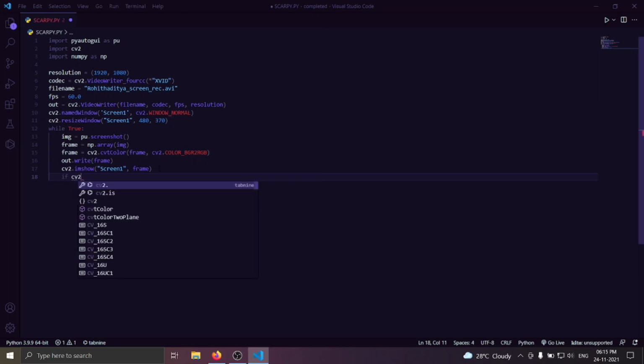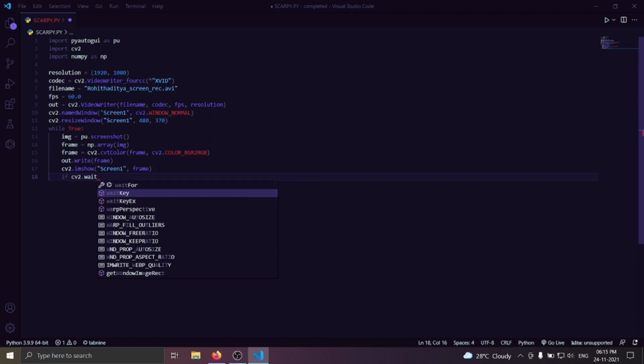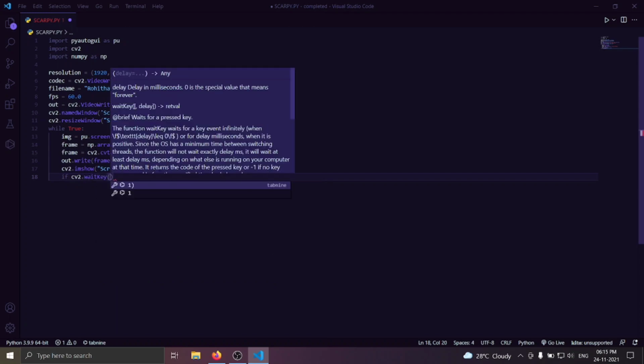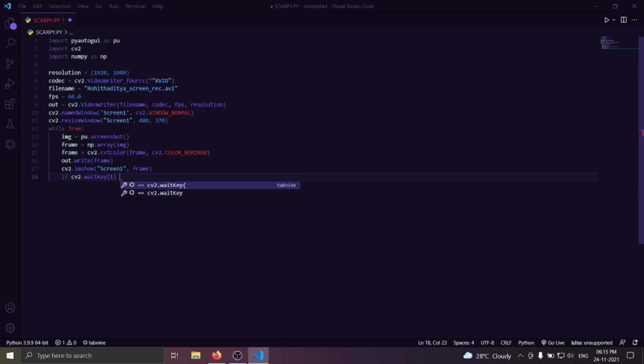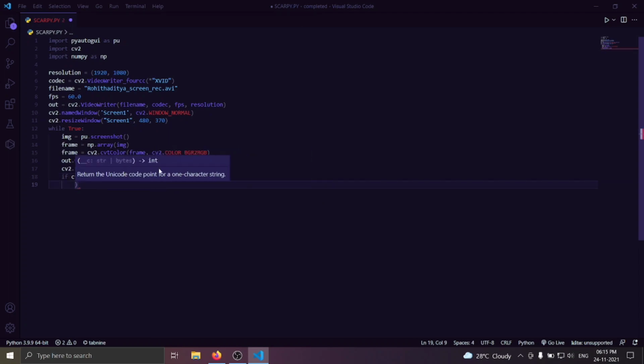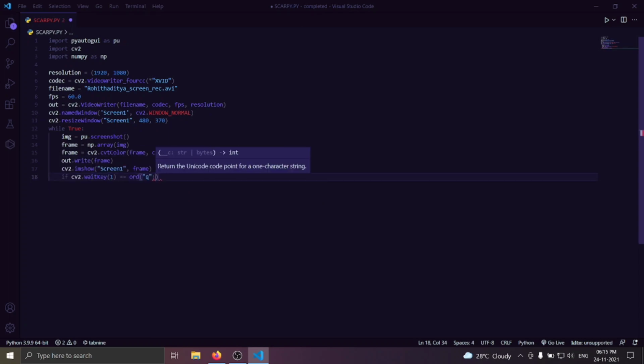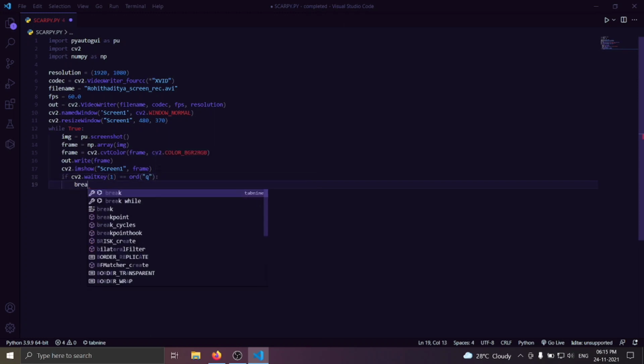Now we need a quick exit, right? For quick exit we will be naming this one. If cv2.waitKey of 1 is equal to ord of q, then it will give the break statement, breaking this loop.